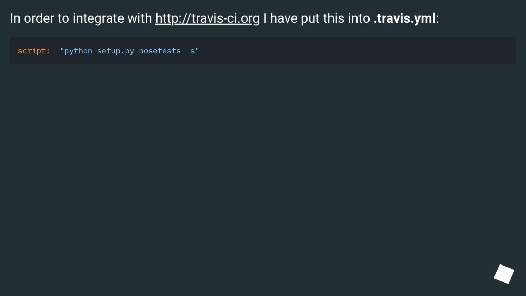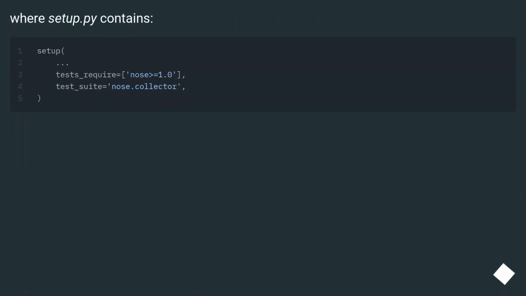In order to integrate with this URL, I have put this into travis.yml. Where setup.py contains